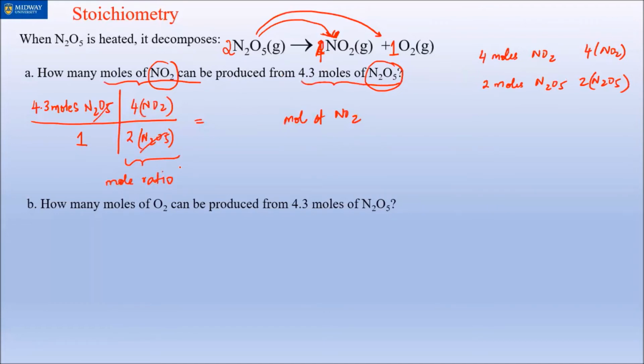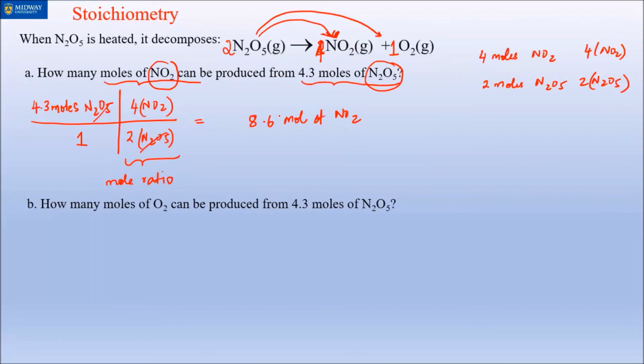So I'm just going to do the math here. Isn't that simple? 4.3 times 4 divided by 2 is 8.6 moles. And that's it. You always want to be ending up with what the question asks you to calculate. So you have to determine whether the 2 goes on the bottom or the 4 goes on the bottom. Well, in this case, the 2 has to go down because that is associated with N2O5, which needs to be